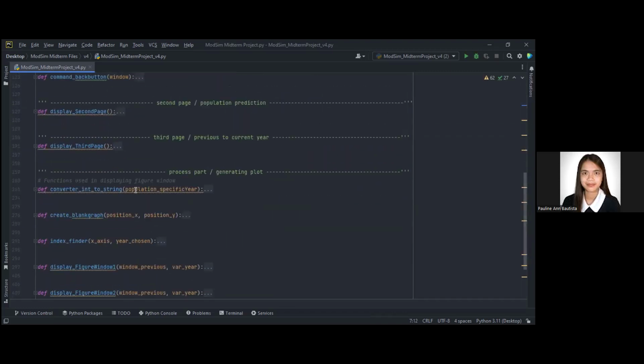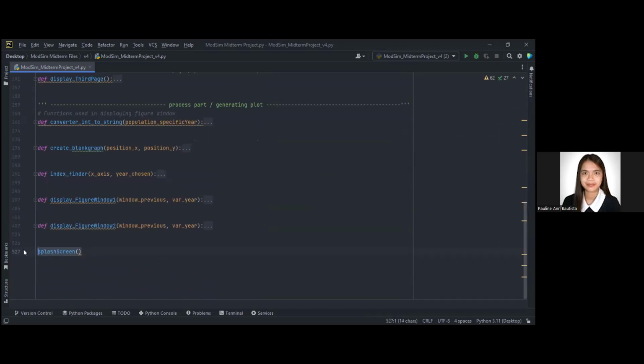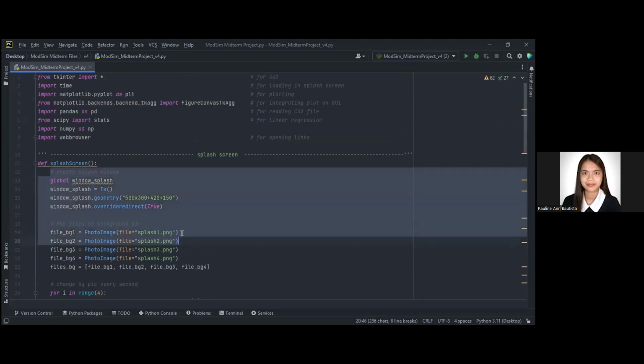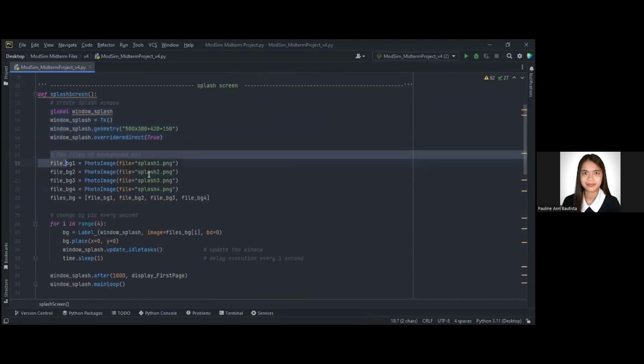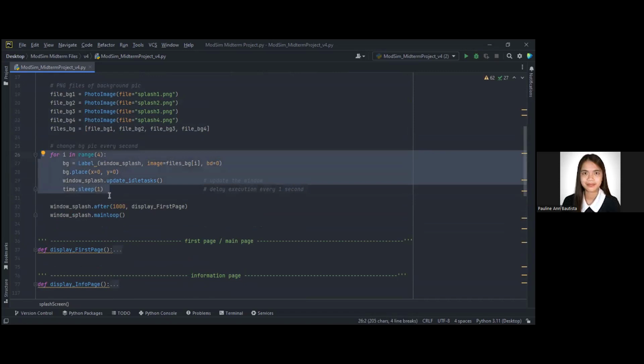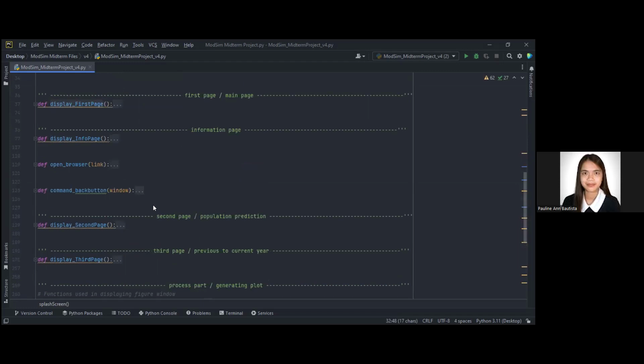So, una po, pag in-open niyo po yung app namin, ang unang mag-a-appear ay yung splash screen dahil ito po yung pinakaunang pinload namin na function. So, sa splash screen po is, una is gumawa lang ng window, then niload yung image na ginamit doon, tapos nag-for loop para mag-appear na nagloloading siya, gamit yung script na to sa time module na mag-delay yung pag-execute ng loop every 1 second. Then after ma-execute yun is automatically i-run na niya yung display first page kung saan